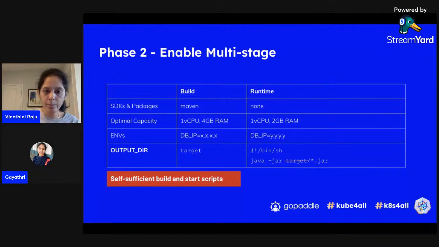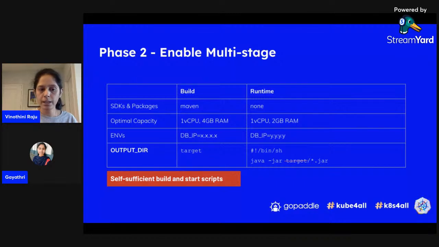Similarly, for environment variables, you need a separate set of environment variables. In this case, it may connect to a different database. So you need to segregate these, and then have a template like this, right? So you know what you need for a base image. The SDKs and packages will go inside your base images. These are more or less a static set of packages that you need, whereas your artifacts are going to be more repeatable. So you will start preparing a base image of your own, right? And then you will come back and see how much capacity you need for each of these different phases. From goPaddle, there is only one small thing that you have to do,